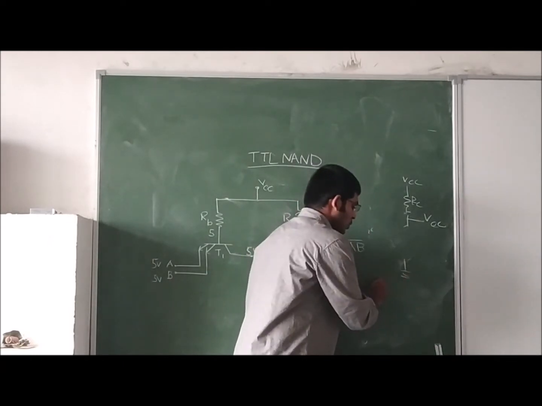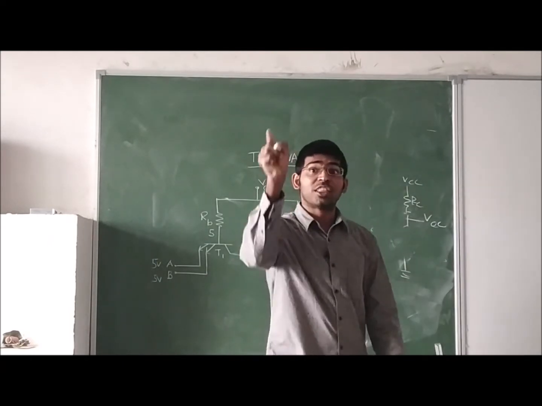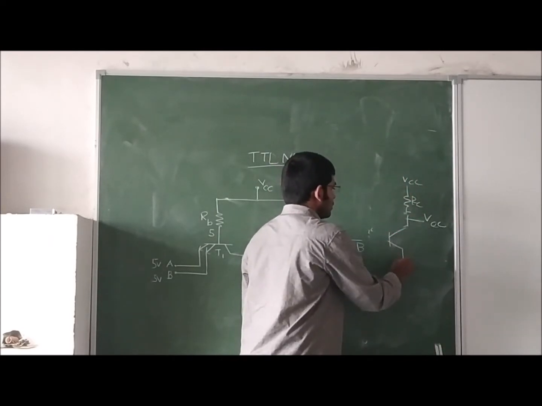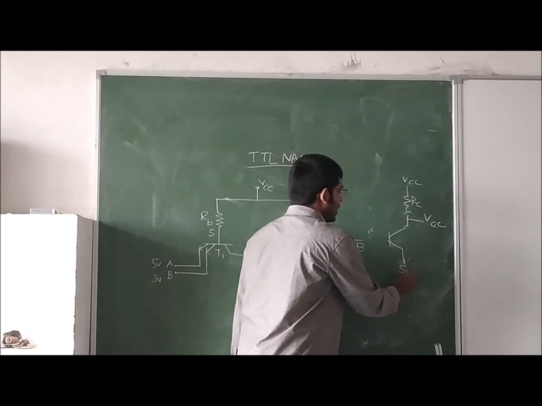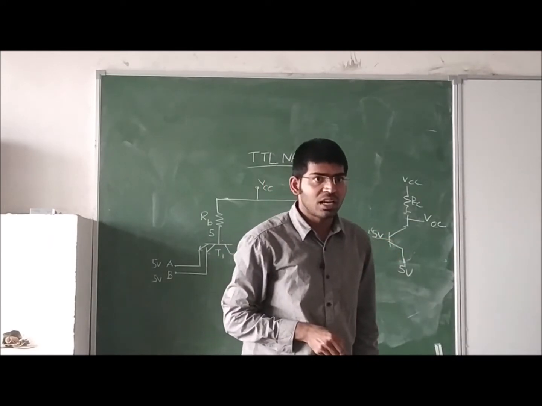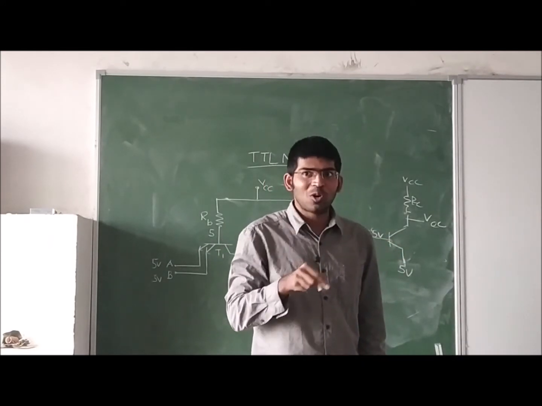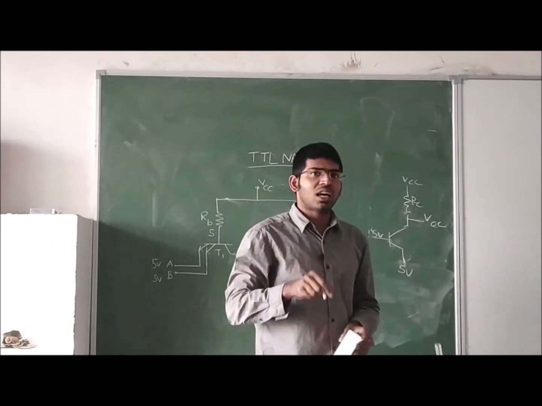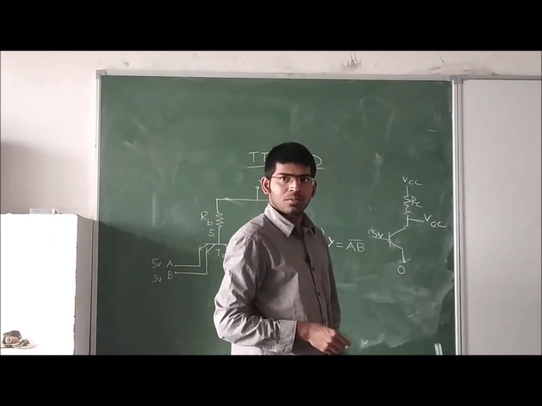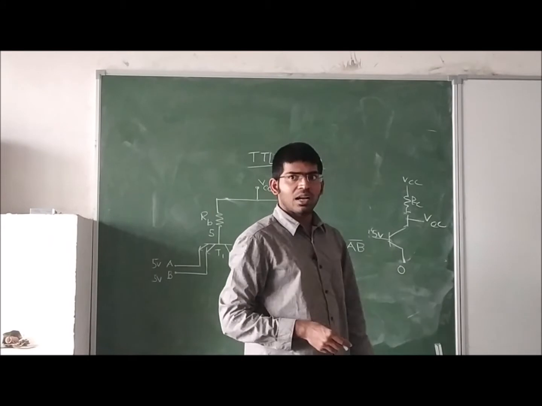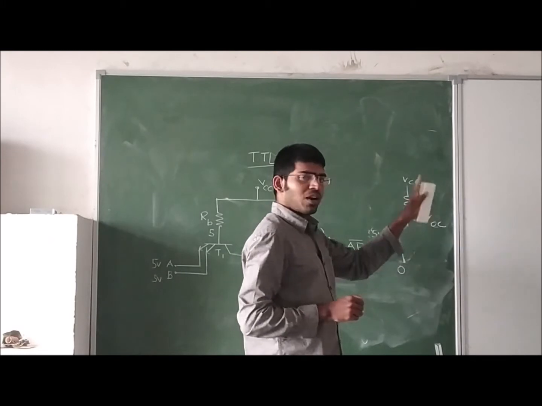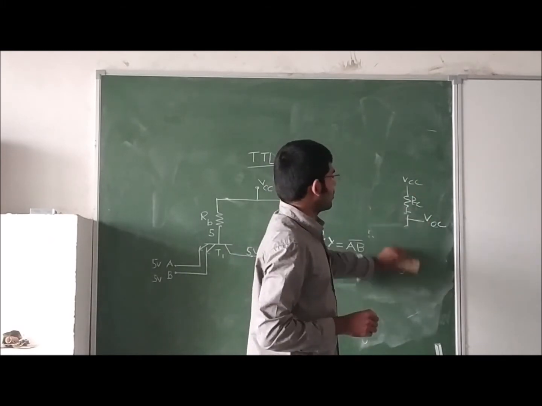So if I give the input voltage 5 volts to the base of the transistor with respect to the emitter, for example if I keep 5 volts here, how much voltage am I giving to the base of the transistor? 0. Now this transistor is in on condition or off condition? On condition. Very good. If the transistor is in on condition, what is the output voltage? 0. If the transistor is in off condition, what is the output voltage? Very good.